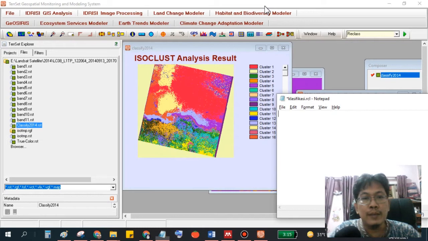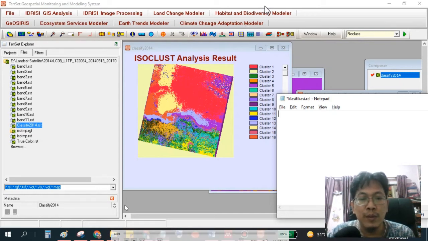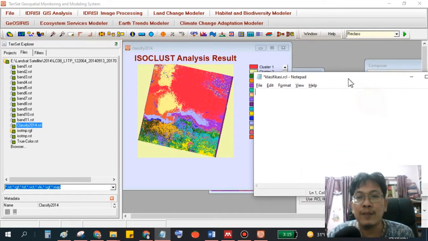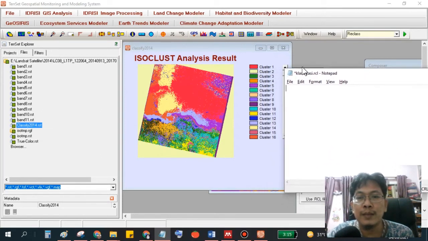Okay, next we continue to the difficult, and I think this is a boring part, because we have to reclassify the 18 clusters according to our purpose.